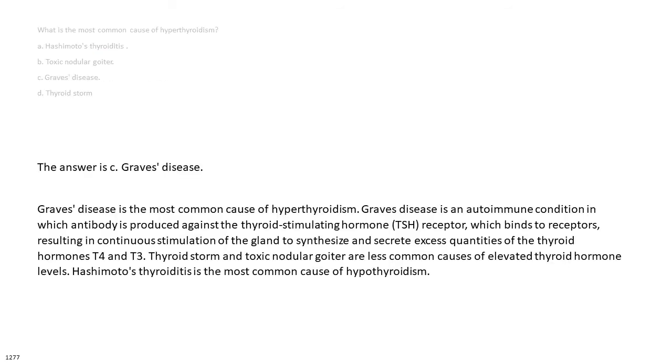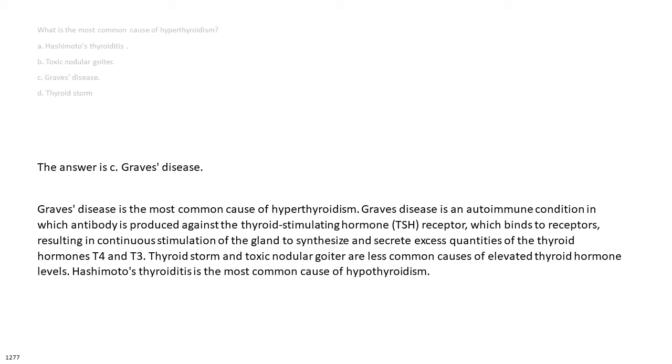The answer is C. Graves' disease. Graves' disease is the most common cause of hyperthyroidism. Graves' disease is an autoimmune condition in which antibody is produced against the thyroid-stimulating hormone, TSH, receptor, which binds to receptors, resulting in continuous stimulation of the gland to synthesize and secrete excess quantities of the thyroid hormones T4 and